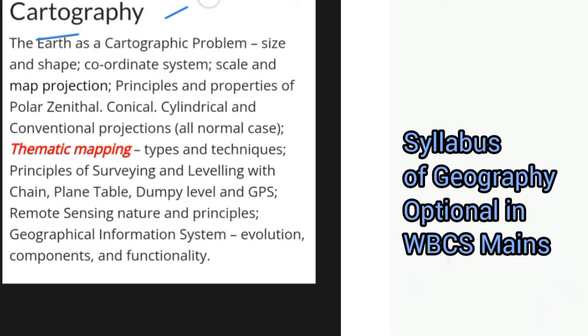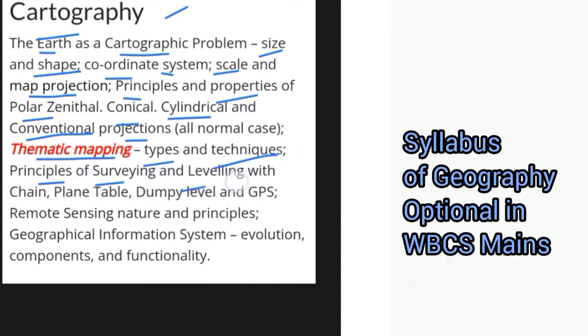Next, we have this portion on cartography. Cartography includes the Earth as a cartographic problem, its size and shape, coordinate system, scale and map projection, principles and properties of polar zenithal, conical, cylindrical, and conventional projections, thematic mapping, types and techniques, principles of surveying and leveling with chain, plane table, dumpy level, and GPS, remote sensing nature and principles, then geographical information system, evolution, components,